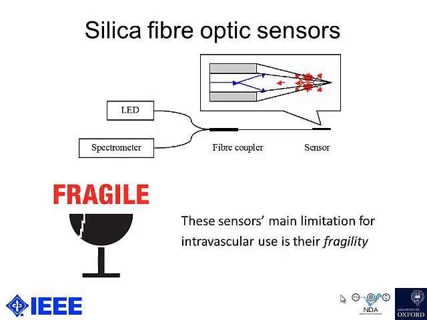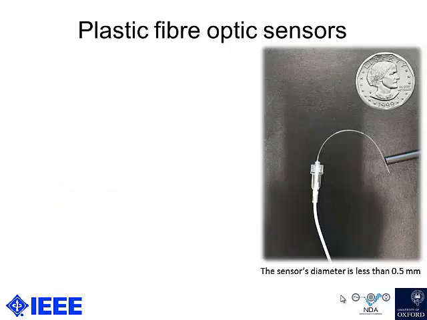They do have one limitation still, which is their fragility. So when we want to use them in a patient's blood vessel, we don't want it to break easily. And this material is not ideal in that respect. Now, a solution is to use plastic fiber optic sensors,